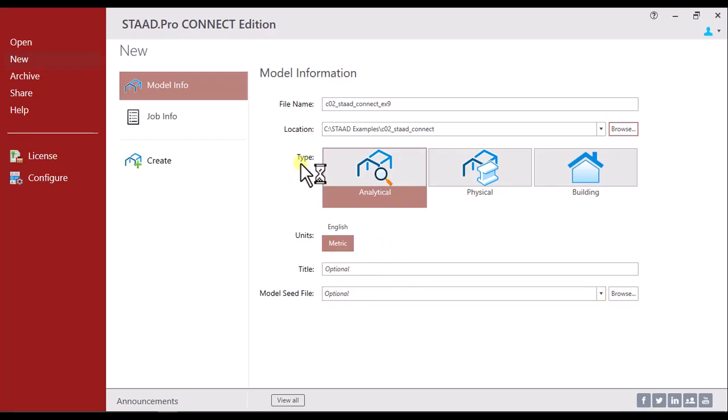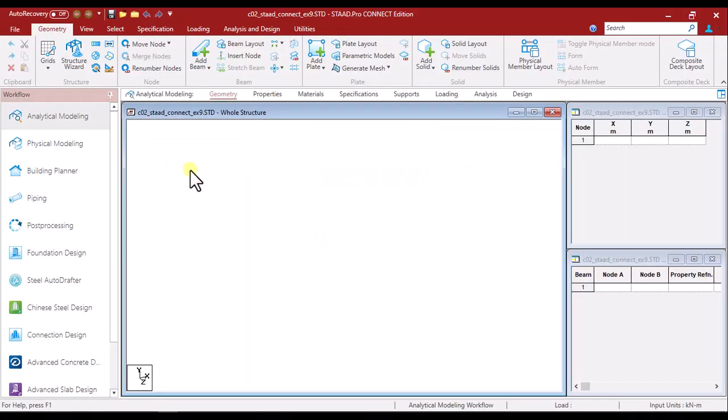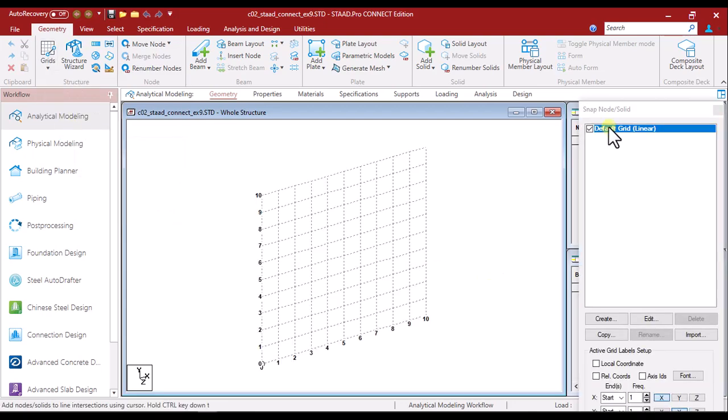Now in the type area, choose Analytical and in the units area, choose Metric. Now choose Create. The file is loaded. Now go to Grids drop down and choose the solid grid option and the snap node